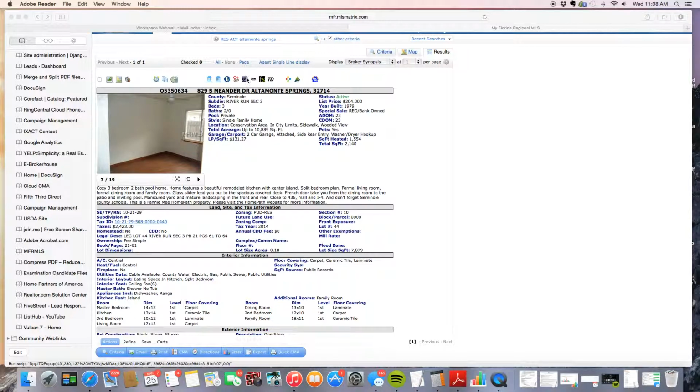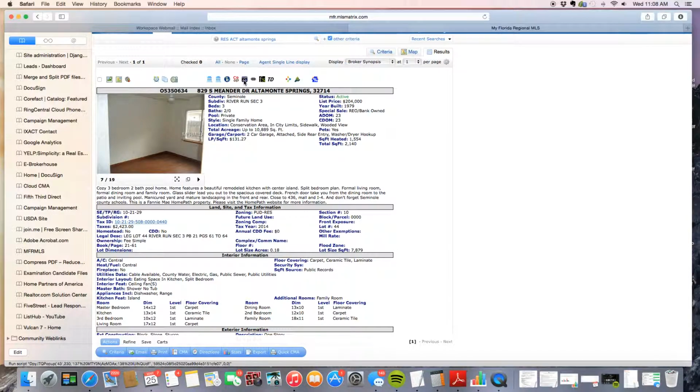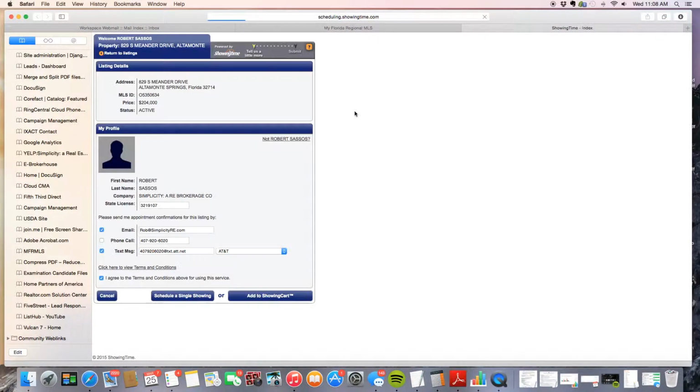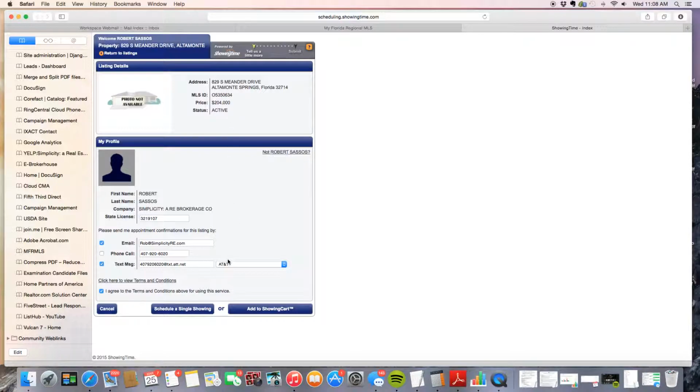The other one is this blue square with yellowish orange dots. That's your showing times. So when you want to request a showing, you just click on this box. It'll take you to ShowingTime. The first thing it'll do is verify your information. You hit schedule a showing,